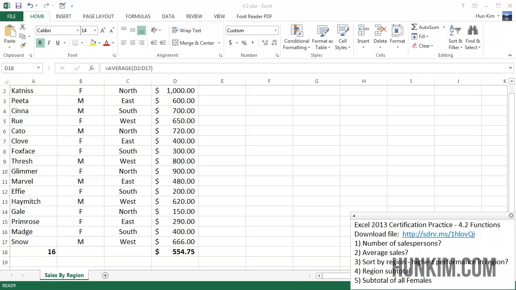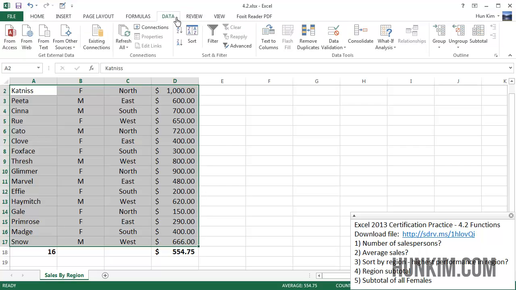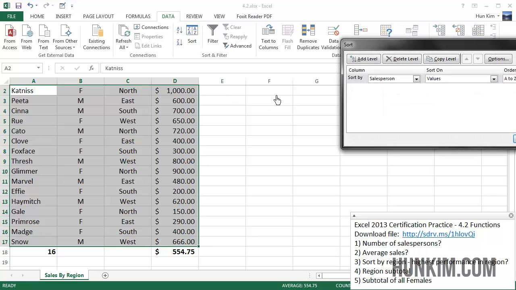Now what if we want to just pay attention to the highest performance in a particular region? We could sort by region. If this is our data, we can highlight the data. That's just one way of doing it. There are so many ways to analyze information in Excel. I'm going to highlight this nice table and go to Data, and we can sort it. Click on Sort. Now I'm interested in the actual region, so I'm going to sort not by the salesperson but by the actual